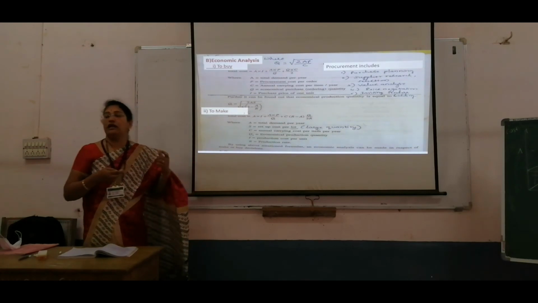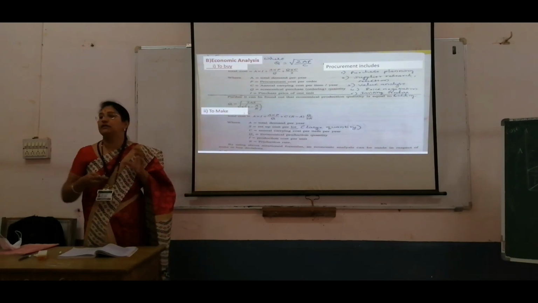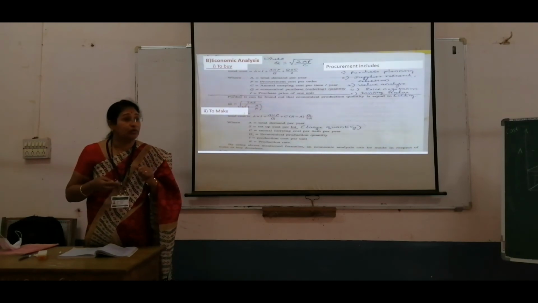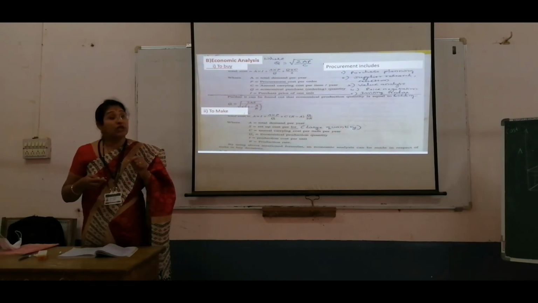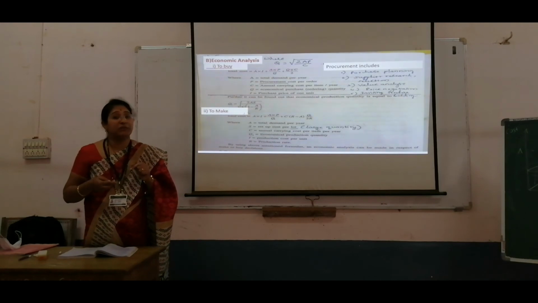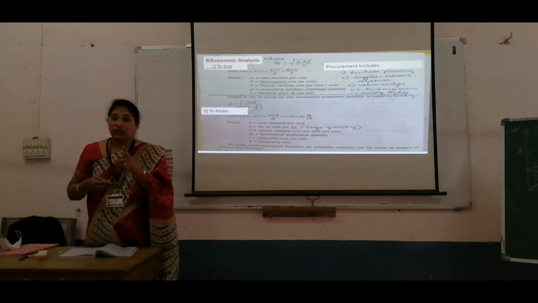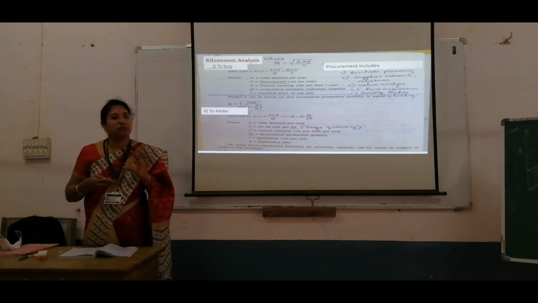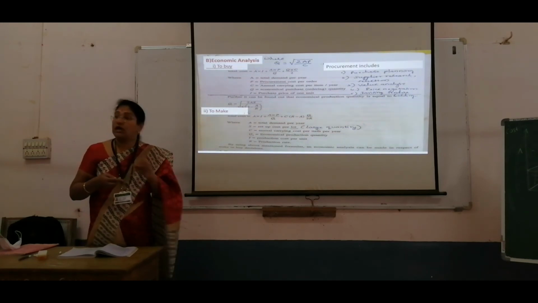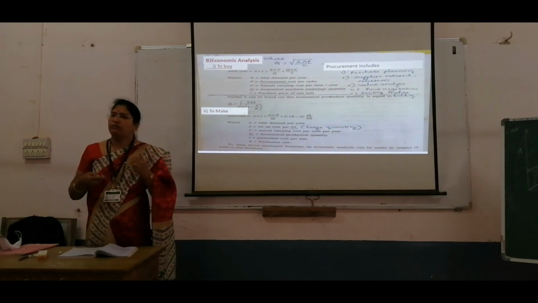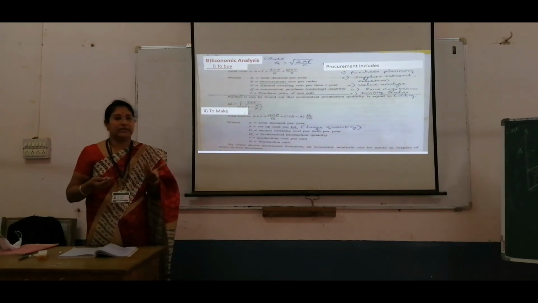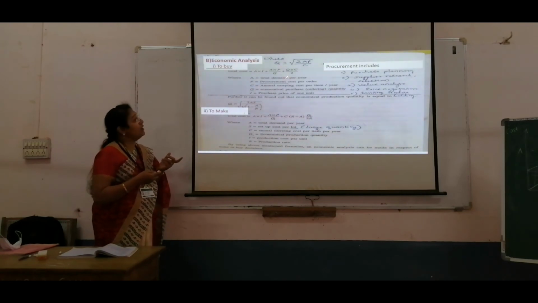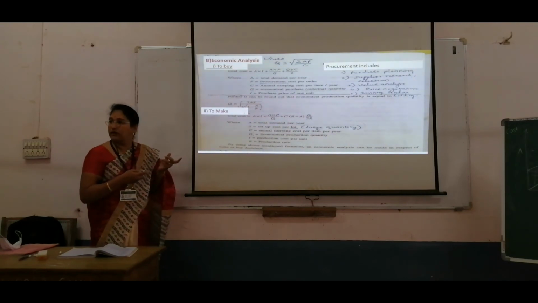How much demand may you have in one year? Take this power supply. You may get an order for 1000 power supplies. For 1000 power supplies, how many transformers are needed at minimum? One power supply needs only one transformer. So minimum 1000 transformers you require. That is the demand per year. It may be more than that or it may be less than that. So that is taken here as A. A is the total demand per year.